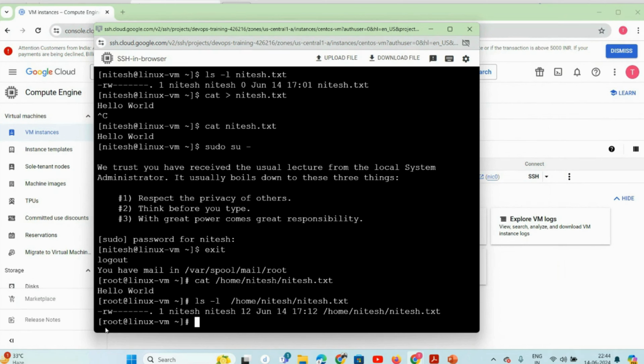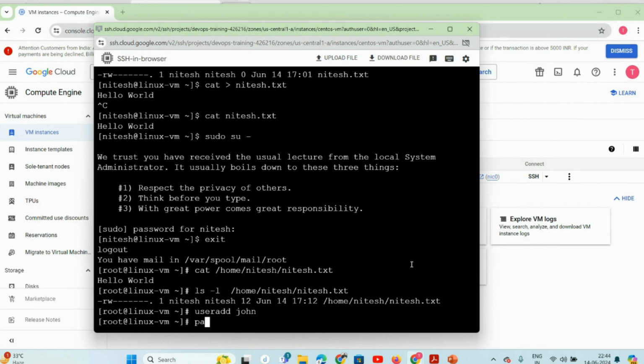So I can see now read write I have, but here root can do anything. So that's why you are getting this output here. Root can do anything. Let's say if I create one more user. So what is the command to add the user? useradd, right? useradd, and let's say John. I created John,